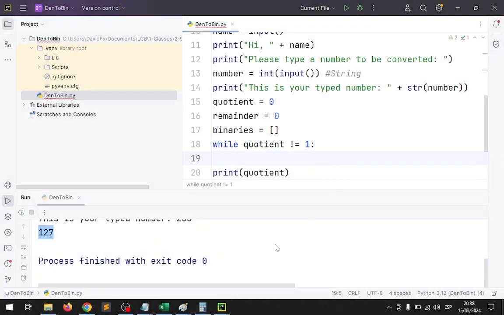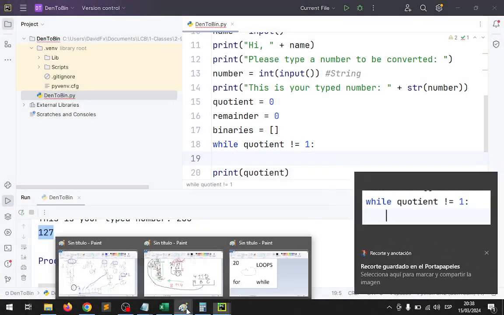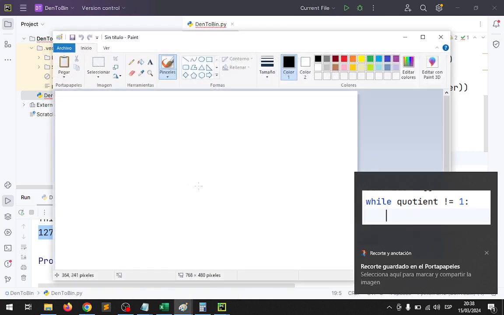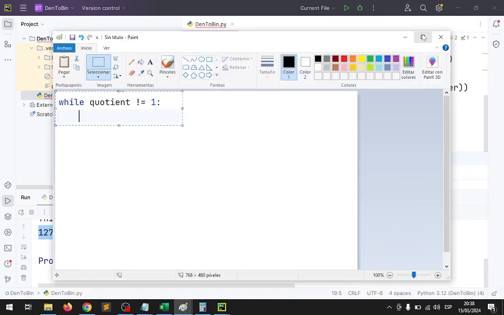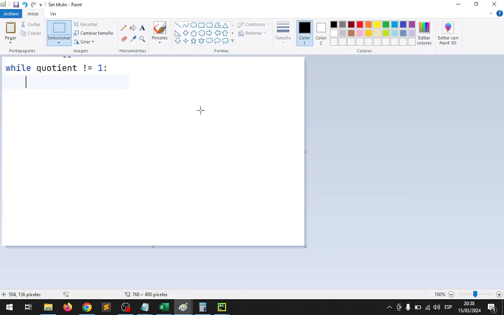I'm going to take this, and I'm going to take this. I'm going to open a new one, and here I'm going to paste the image. Why? Because I need you to explain this. When you are going to use this process, you need to put these dots, okay? Why? Because this means that you are going to start writing inside the while, and everything that is inside the while is all the lines that are going to be repeated